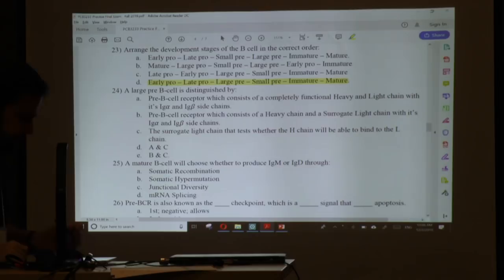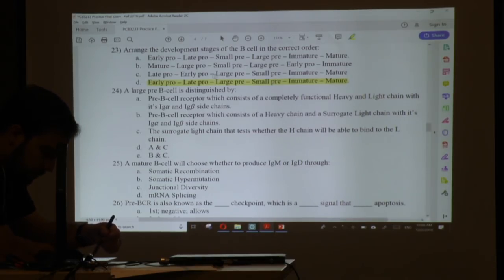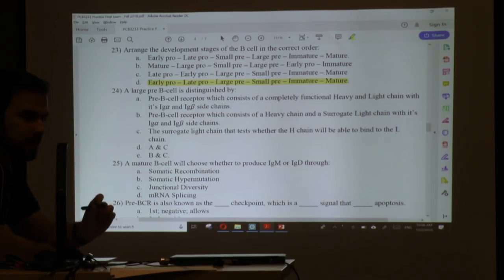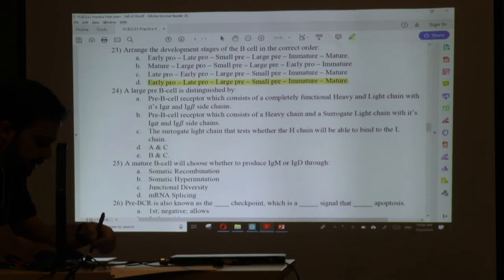There you go, a large pre-B cell. Large pre-B, this is the stage that I told you is testing the heavy chain. A large pre-B cell